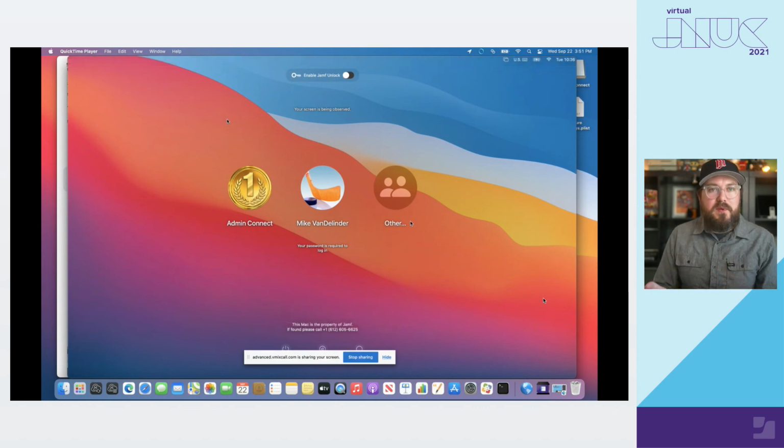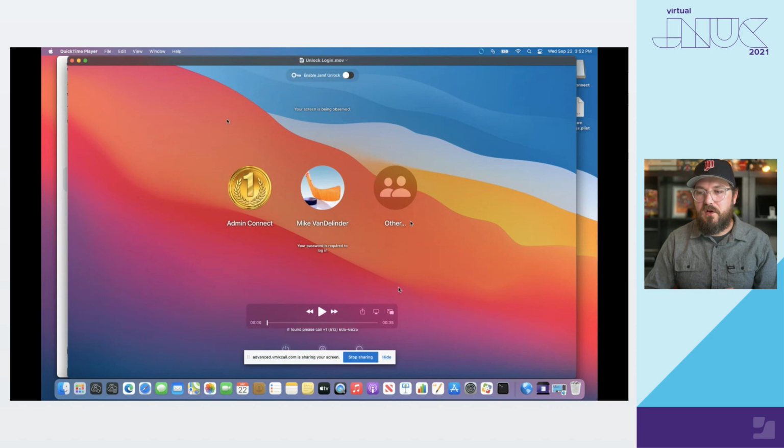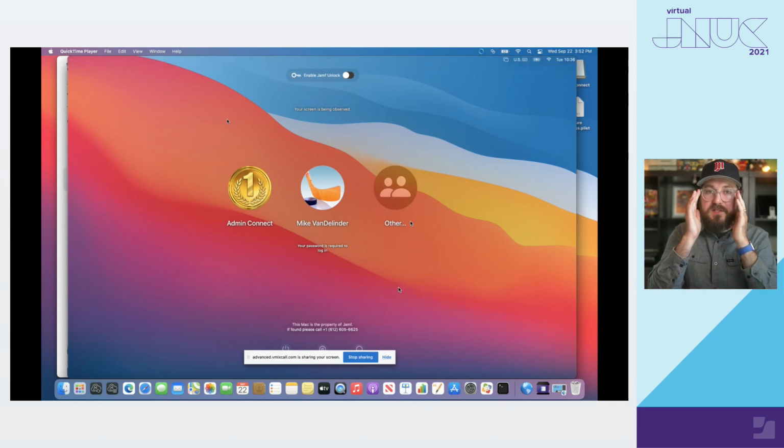The very beginning of the demo was being able to use Jamf Connect at the login window to sign into your Mac using your identity provider credentials. Well, what if you didn't want to use your identity provider credentials? You don't want to have to type in a password. You want to do this all passwordless. So I do have a quick video here of what is coming soon, and by the time that you see this,